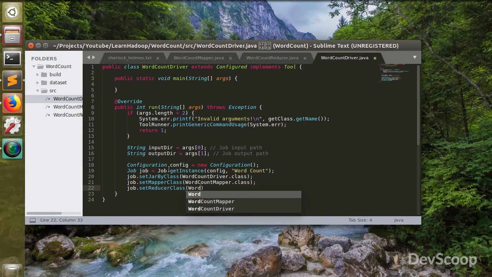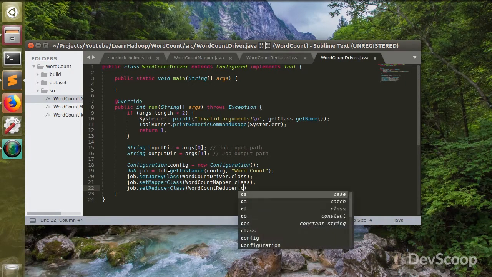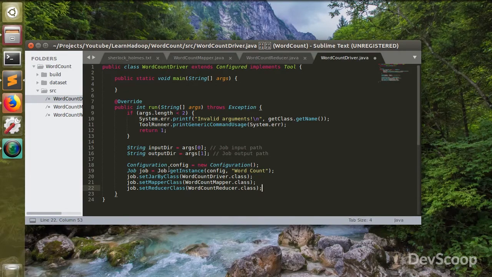So that will be WordCountReducer, and again .class. Now we also need to set the output key class. So what will be the output key class for this job? And this will be Text.class,